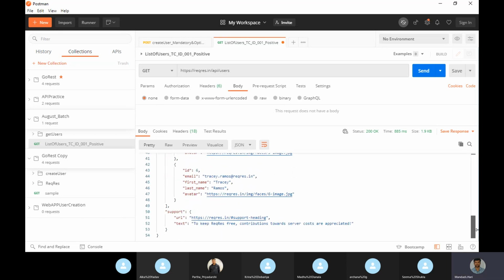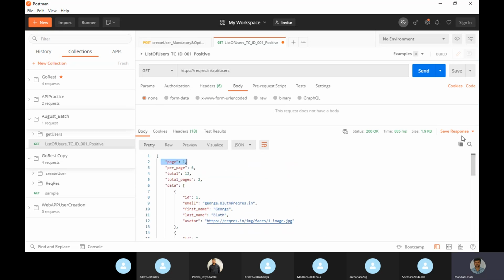But if I want to display page 2 records, I am going to give page equal to 2 in the URL. This is a query parameter. I am passing one query parameter because I want to list the users who are in the page 2 response.